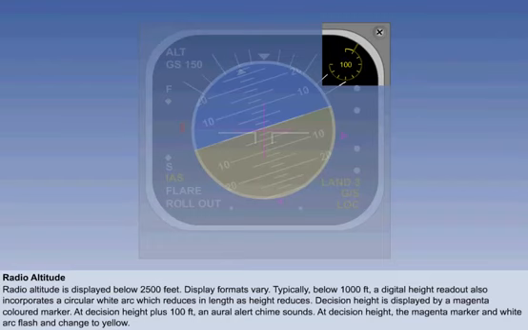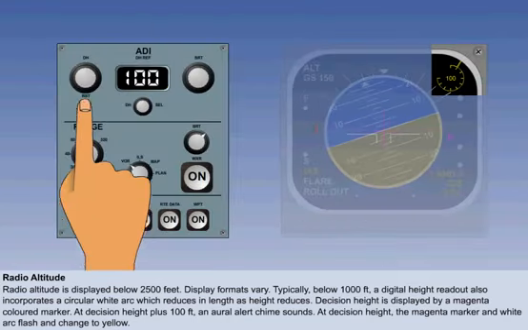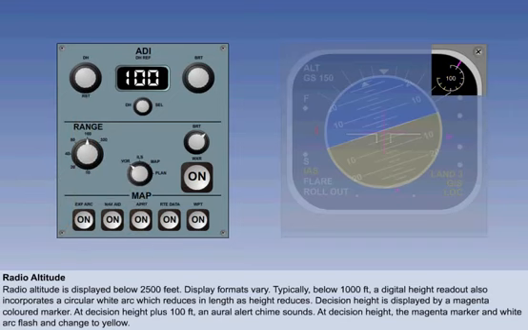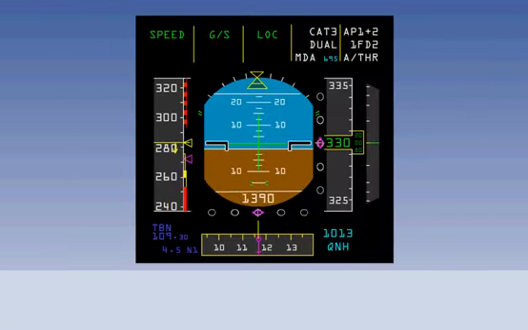Pressing the DHRST button will cancel the alert chime and the marker flashing, and will also change the decision height displays back to their normal colour. Airbus usually show the radar height directly under the attitude display. The height indication changes from green to amber and the numbers increase in size as decision height is reached, also